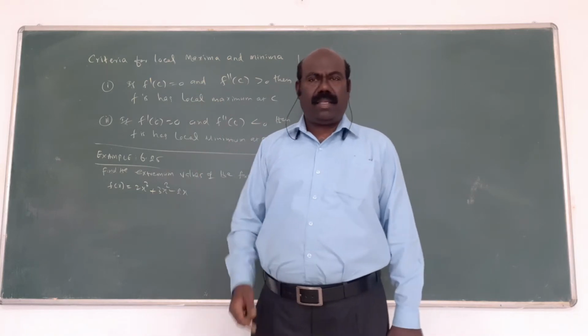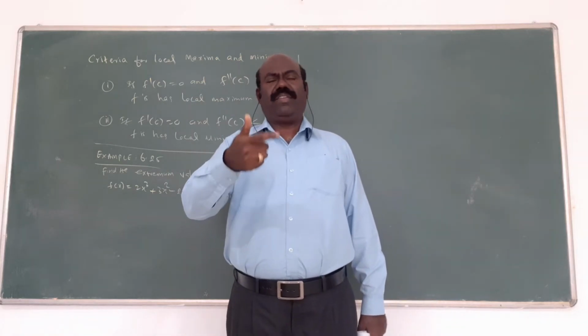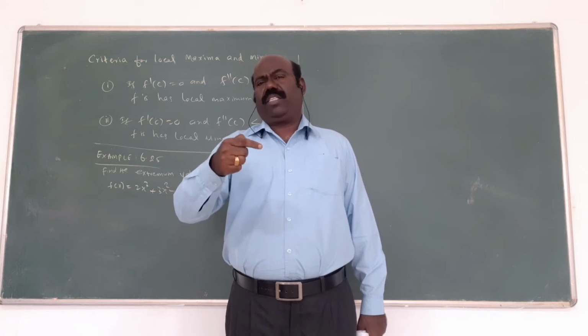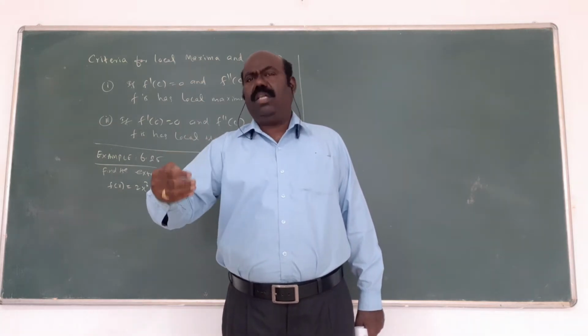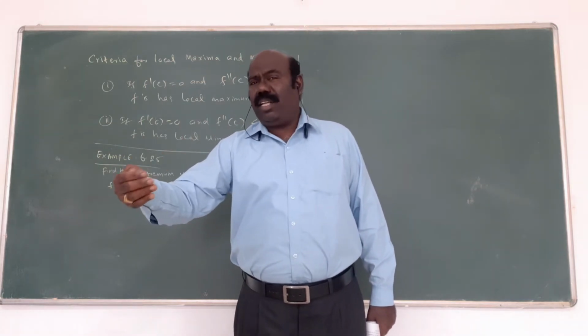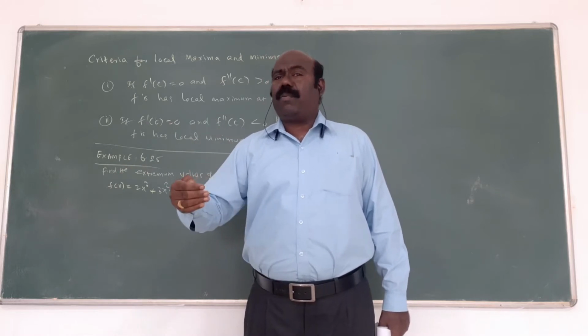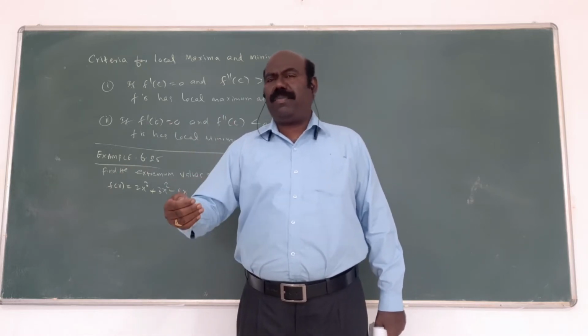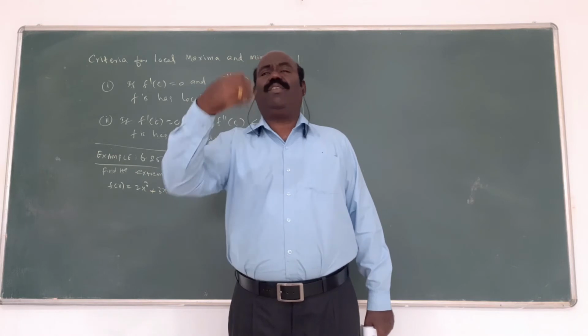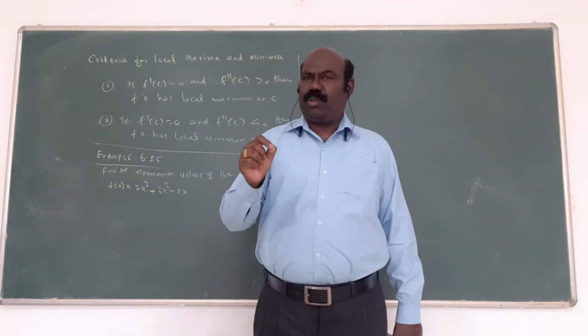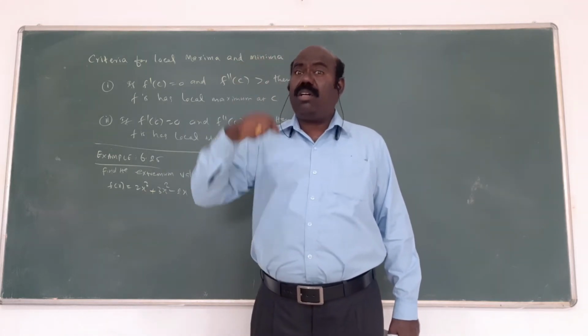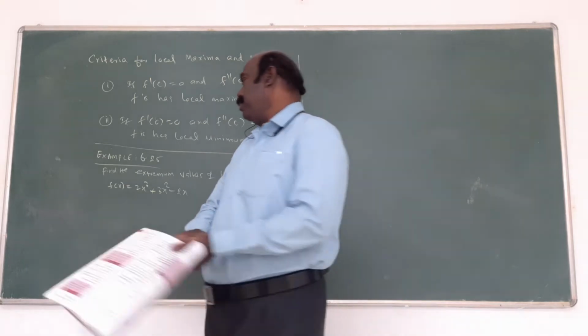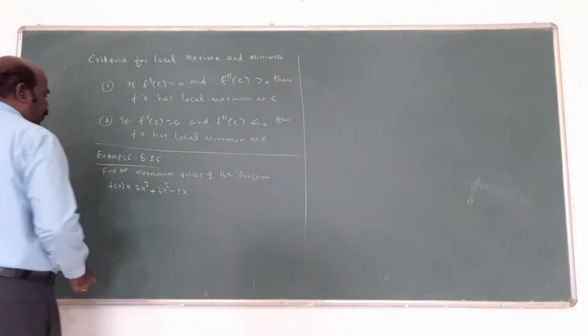This is the concept. You will find the first derivative and the second derivative. Set the first derivative to 0, you will find the x value. Substitute the x value in the second derivative. After finding whether it is a local maximum or minimum, again substitute the x value in the given function. That is the rule. Now this is a question, an exam problem.